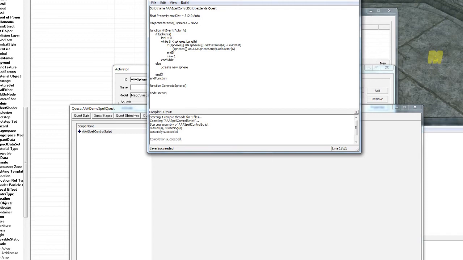I'm not going to go into everything. So instead, I'm just going to go through each index and see if the sphere is deleted or something. So here we create a new sphere anyway and initialize the